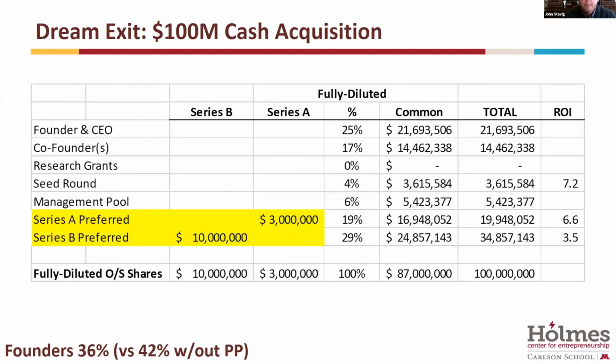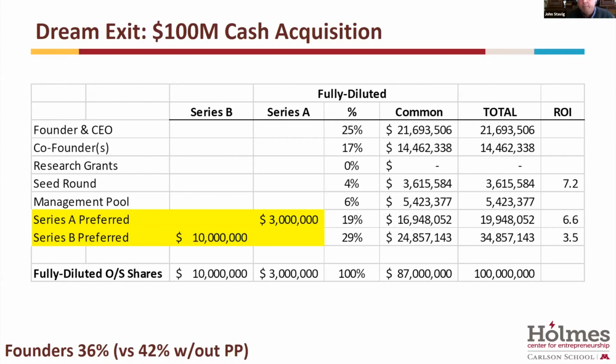And if you were to play it out, assuming again a very strong, dream exit scenario, based on the industry, if you're going into medical technology or things like that, you can add a zero to some of these numbers, and in other industries, maybe make it a little bit smaller. Adjusting for a successful $100 million cash acquisition, we start to look at what the waterfall of payments would be.